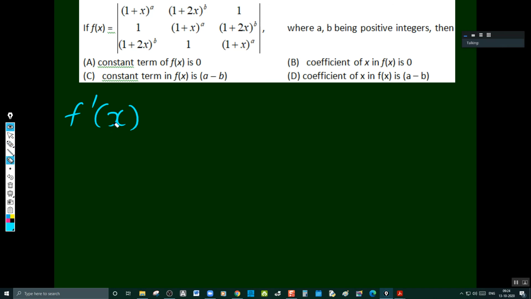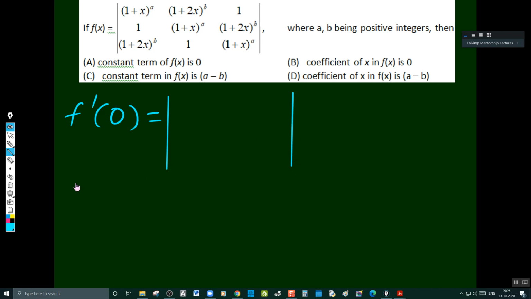Are you with me, everyone? Yes sir. Do you understand what I'm saying? You have to find f dash of 0. Please, let us write that. Finding f dash 0 means you have to do it 3 times. But let us replace x with 0. We don't write all the terms here.